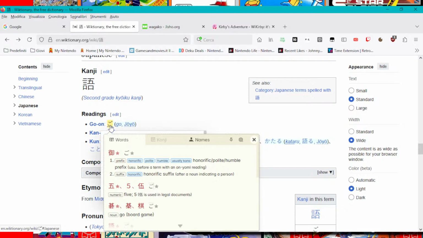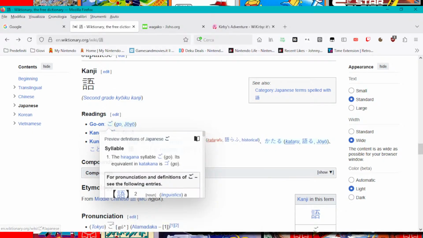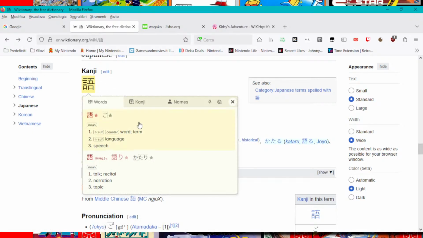And yes, that's our onyomi, the Chinese reading. The other one is barely used, if at all. It doesn't show there accented, but more often than not, you'll find it as a suffix for word, term, and even more so for language. For example,